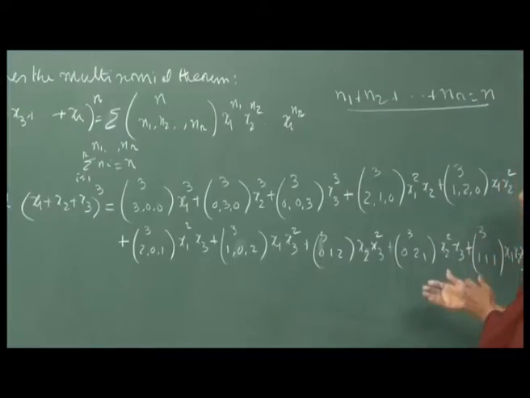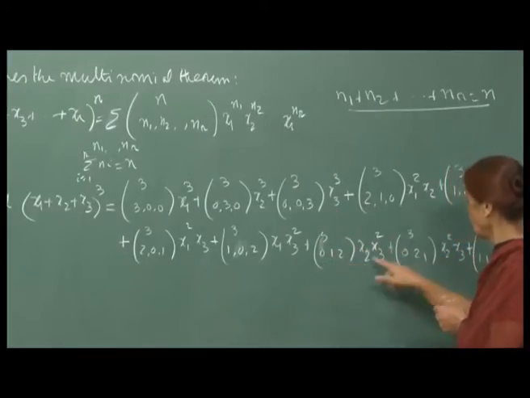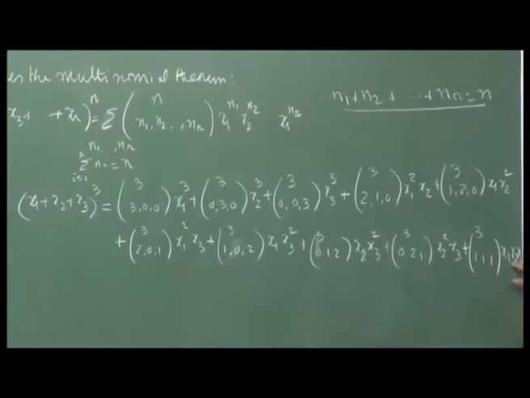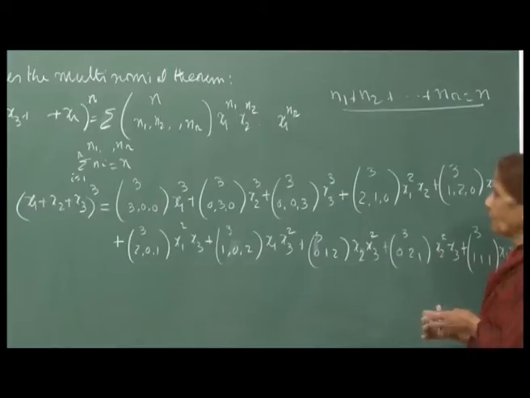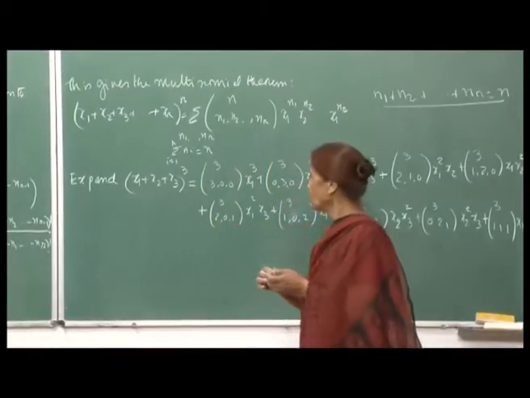Right, you are dividing your number 3 in 3 possible ways, so that they add up to 3. So, here these are the possible ways, and the final thing is 3 1 1 1, when each x 1, x 2, x 3 has only power 1. So, this is the expansion, and now in the assigned exercise sheet that we will just show you, I am